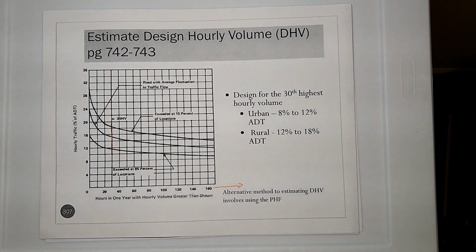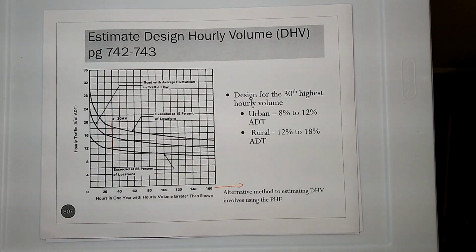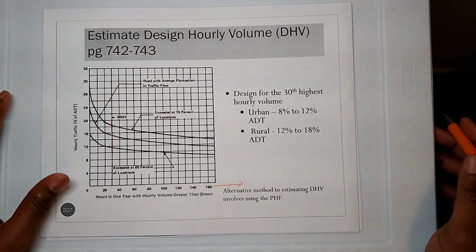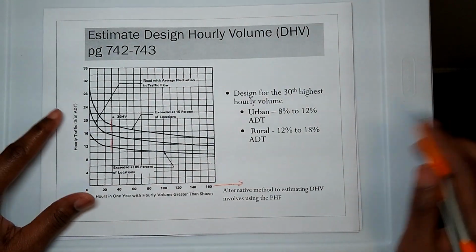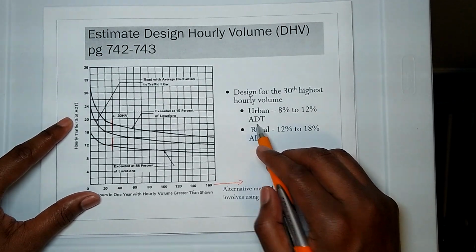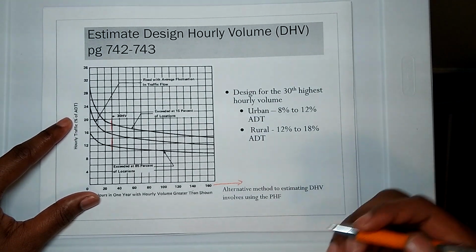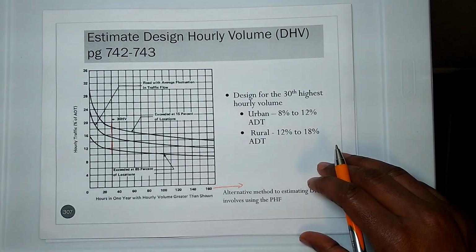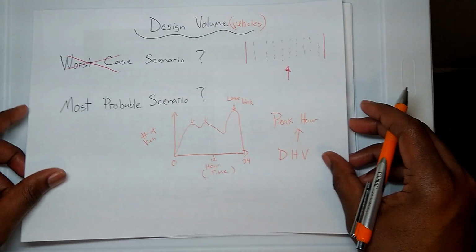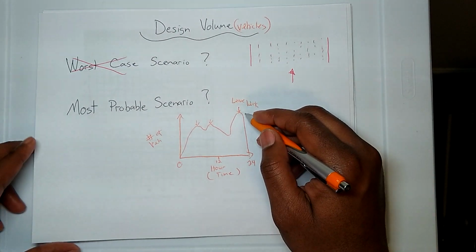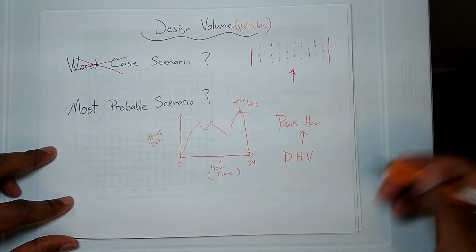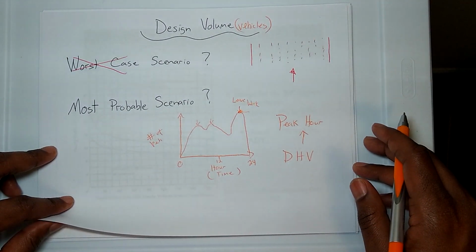Now, here's just a really quick rule of thumb. If you ever needed to estimate something really, really quick, and all you had was the average daily traffic, so you only knew how many people were traveling per day, but you wanted to know, well, what does that look like in a peak hour? I kind of drew that before earlier, and you wanted to know what the peak hour of that daily traffic, how many people were traveling in that peak hour when it was afternoon quitting time and everyone was leaving to